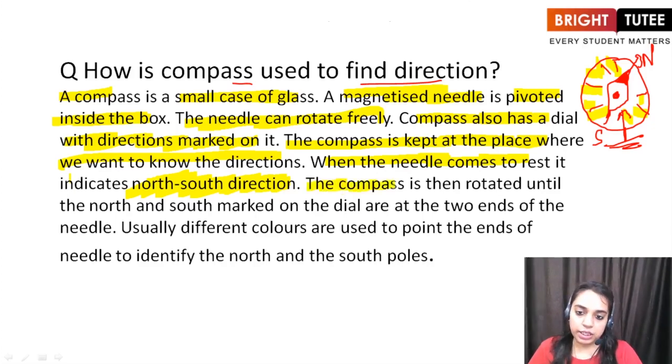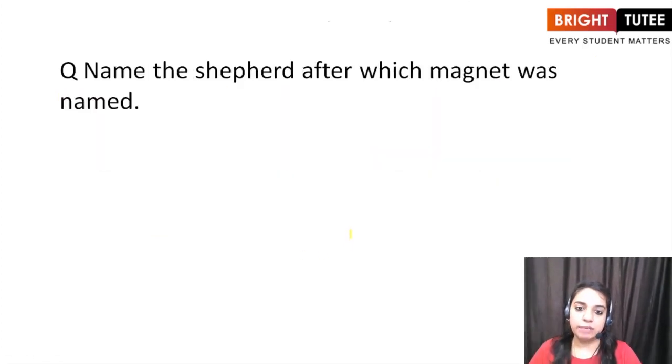Then children, the compass is rotated until the north-south directions marked on the dial are at the two ends of the needle. Usually different colors are used to point the different ends, and mostly the north direction is marked with red color. So let's move to the next question, which is, name the shepherd after which the